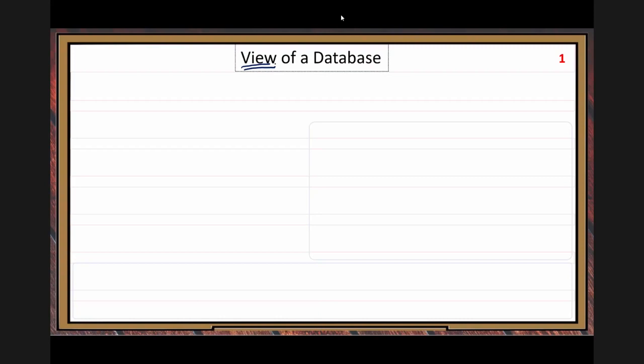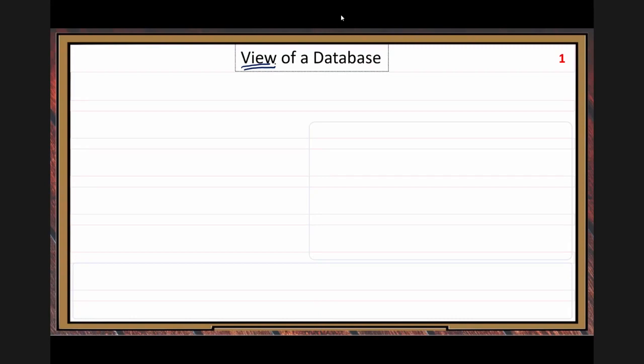Why do we call it view? Because the virtual table is closely related to the view, a specific view of the data. But actually it's a virtual table. It's not a physical table.